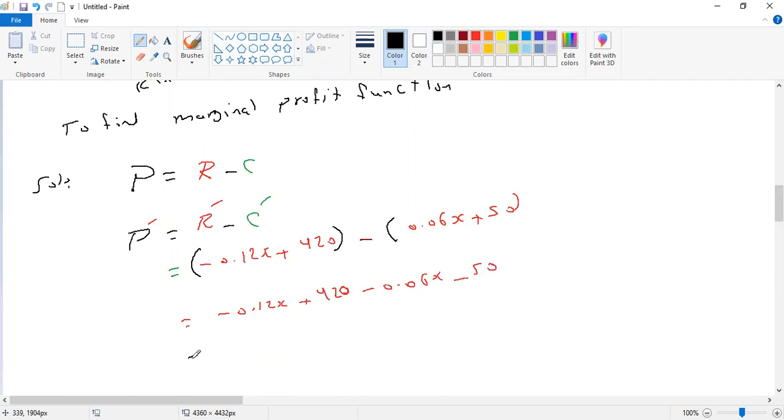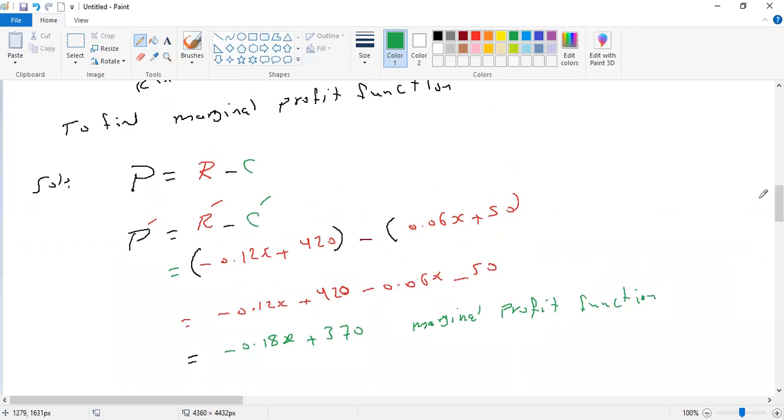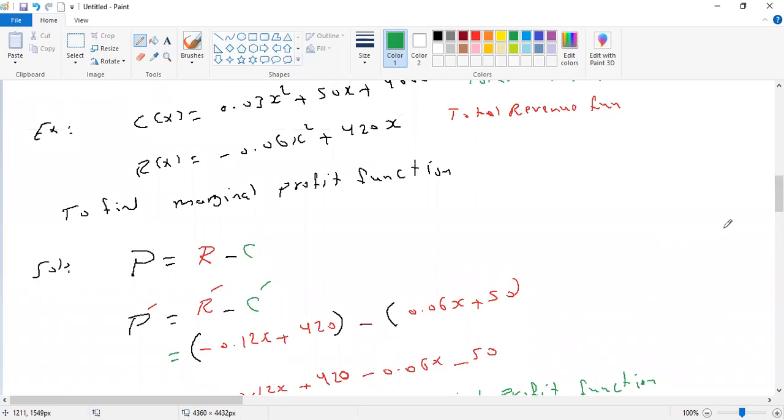So then we have equal to, now x with x, this one with this one will be minus 0.18x, and 420 minus 50 will be plus 370. So this is the result. This is the marginal profit. This represents the marginal profit function, equal to the marginal revenue, R prime, minus the marginal cost, C prime. Okay, now